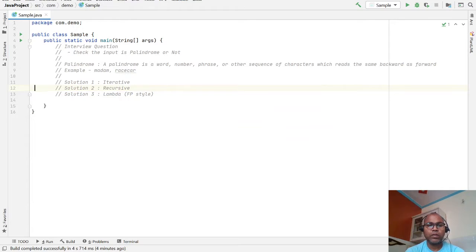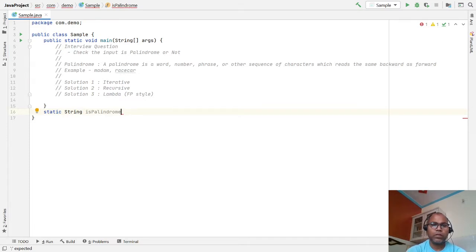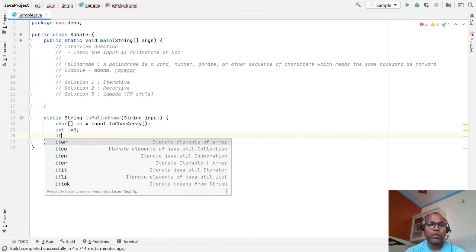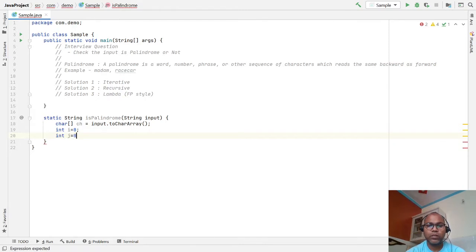So let's write simple code for that and check that the given inputs work. We write a method isPalindrome that takes a string input. First we convert it into a char array: ch equals input dot toCharArray. We take the initial index I as 0 and the last index J as length minus 1.